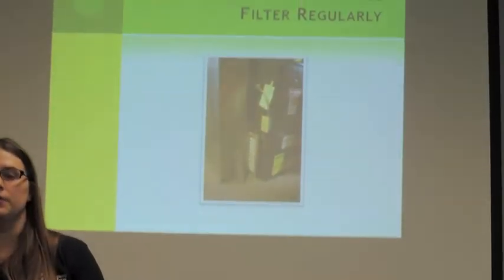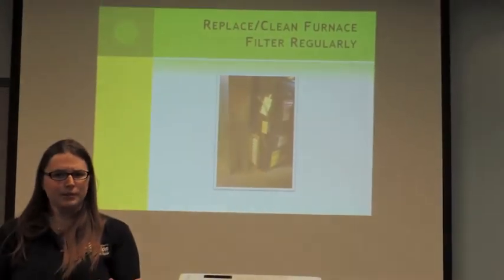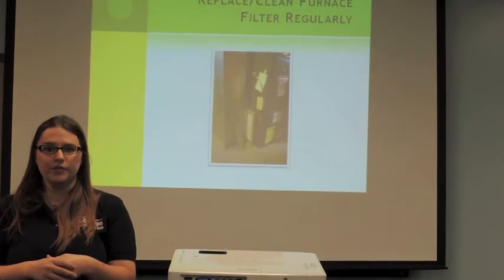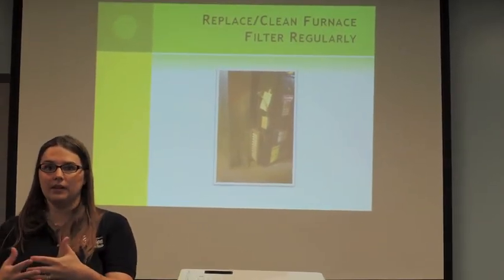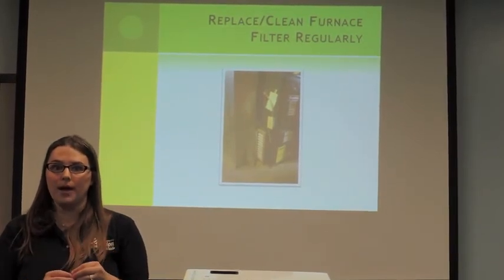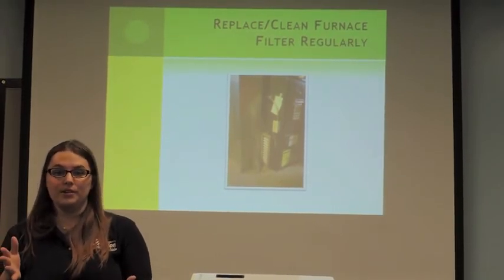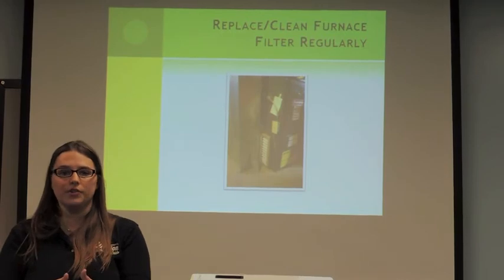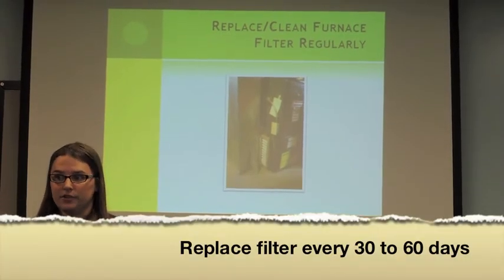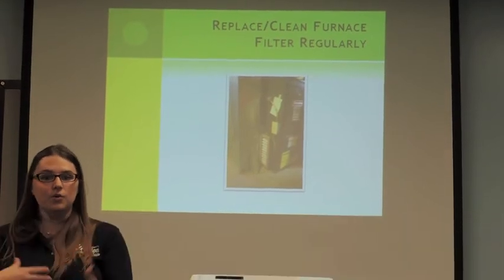And then also cleaning and replacing your air filter. If you have a window air unit for air conditioning, you will want to clean it and take it off. If you have the instructions manual, I would definitely look at those instructions before going and doing it. Just see exactly the proper way to do that. If you have a landlord, talk to the landlord to see exactly the proper way. Also, if you do not have a window air conditioning unit or just a furnace filter, you want to make sure that you replace it monthly if it's a monthly filter. Or if it says 60 days, it's a 60-day furnace filter, and you want to make sure that you change